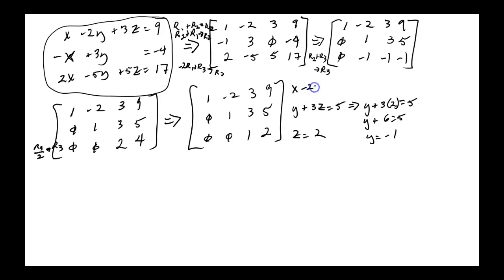x minus 2y plus 3z equal 9. That was our first equation right up there. Okay? And what do we do now? Okay. x minus 2 times -1 plus 3 times 2 equal 9. Okay, I'm going to have to come down here and finish that. x